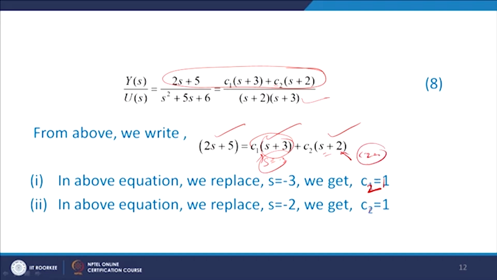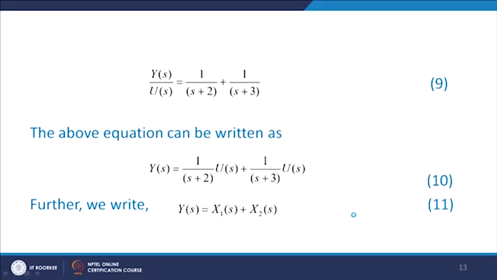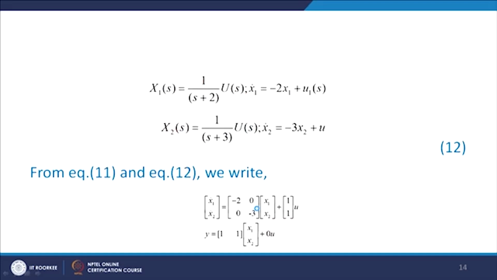So we will get the values of c1 not, c2 and c1, and finally we have got Y(s)/U(s) equals 1 upon s plus 2, 1 upon s plus 3. The above equation can be written as 1 upon s plus 2 into U(s), 1 upon s plus 3 into U(s). Finally Y(s) equals this is X1(s) and this is X2(s), and we have